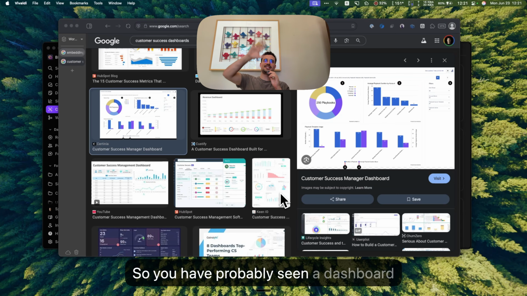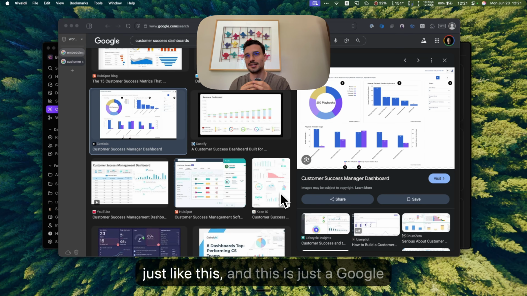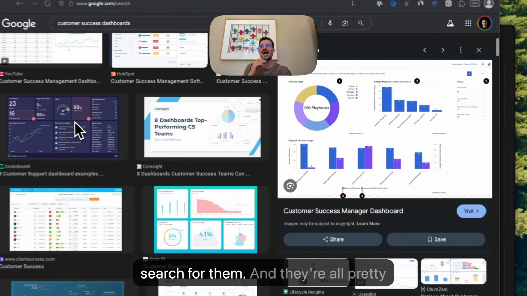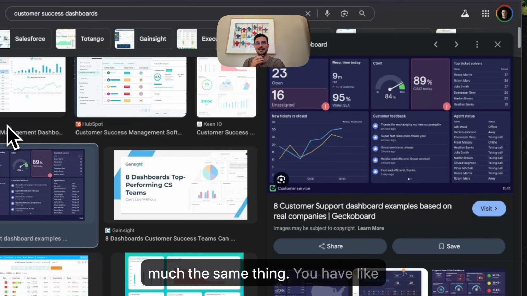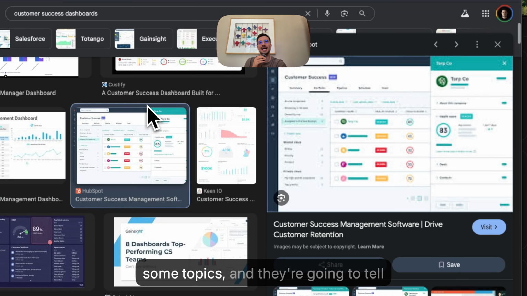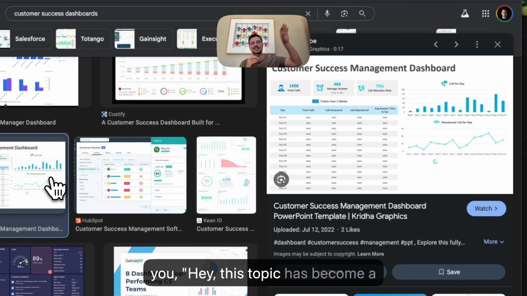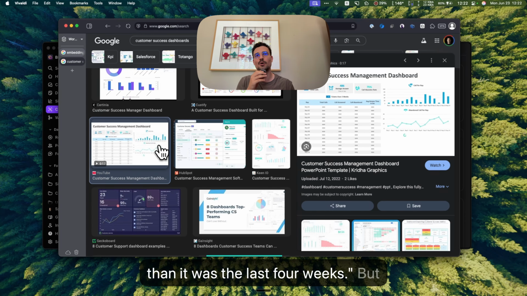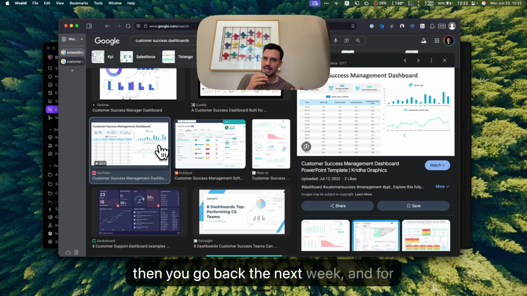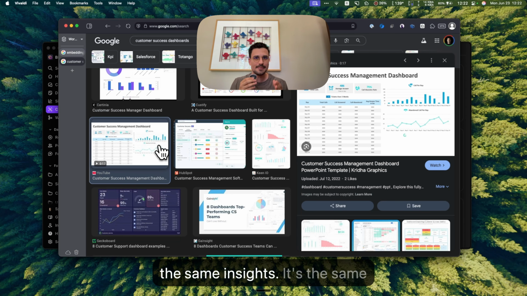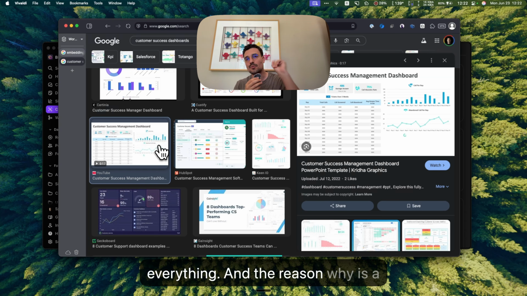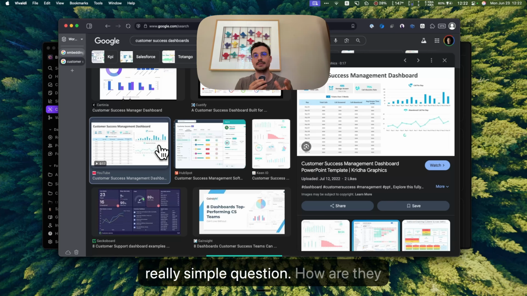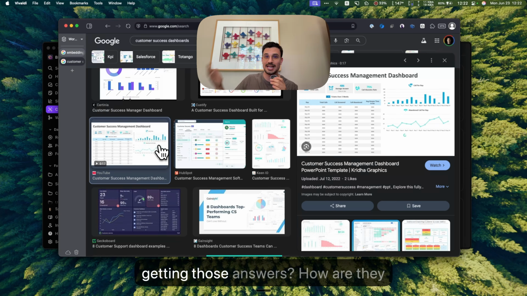So you have probably seen a dashboard just like this, and this is just a Google search for them. And they're all pretty much the same thing. You have some topics, and they're going to tell you, hey, this topic has become a bigger issue over the last 3 weeks than it was the last 4 weeks. But then you go back the next week, and for some reason, it's the same topics, it's the same insights, it's the same everything. And the reason why is a really simple question: